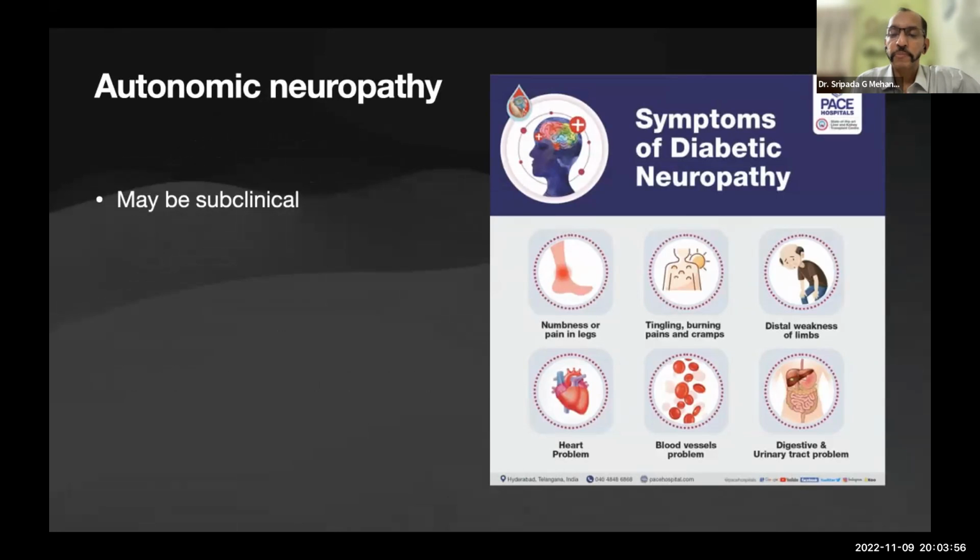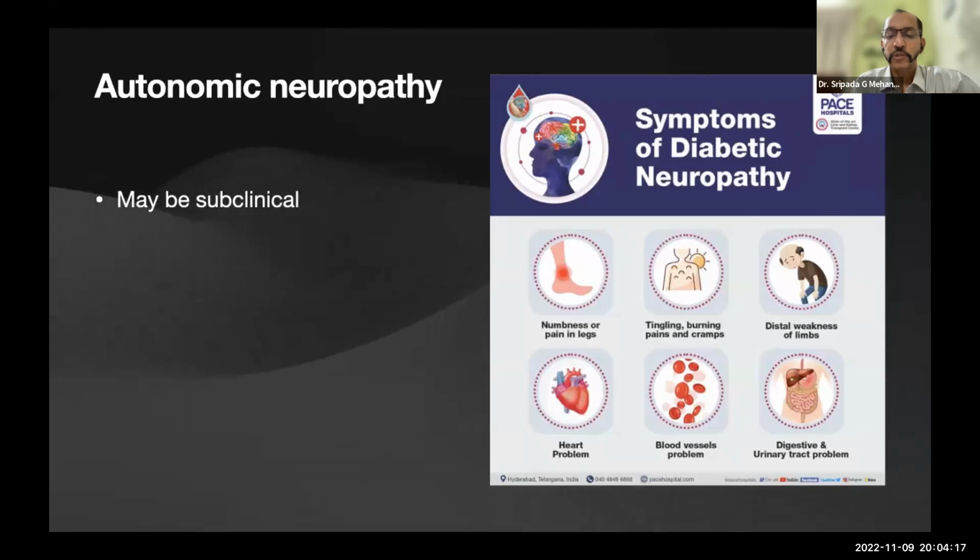Distal weakness of limbs. Say patients after walking a few yards, they get tired in the legs and like that. And a patient may have ischemic changes, but no complaints of ischemia anytime. That is indicative of neuropathic heart. So one has to be really worried,